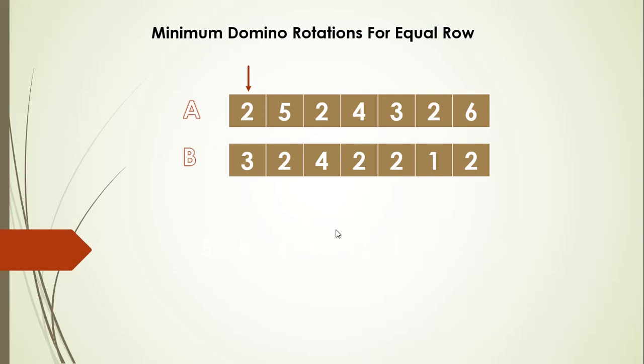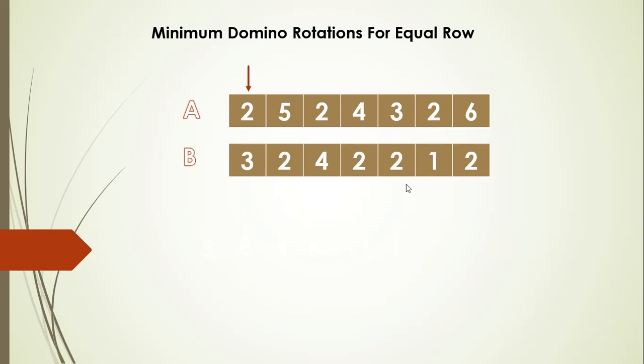So let's say we have row A and row B. So we have 2 5 2 4 3 2 6 and 3 2 4 2 2 1 2. So the size of each row is 7. That means we need at least, if you see, number of 2's are more here. So maybe we should try to make all the values in row A or row B as 2. So because the size of the row here is 7, we need at least 7 values equal